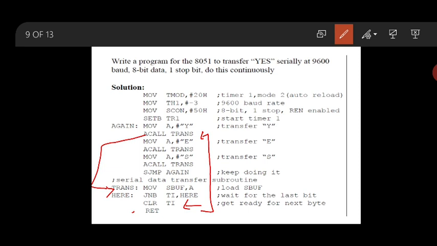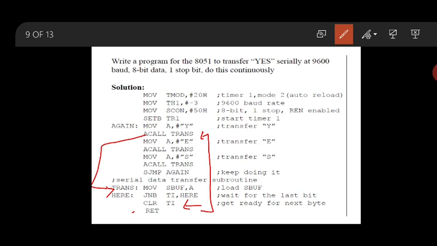Now what will you find again? E will be copied into A. Now again TRANS, again there is a timer. Now what will be copied into SBUF? E will be copied. Again it will keep on sending the data bits one by one, the data bits of the character E. Whenever it comes to the stop bit, it will raise the TI flag.